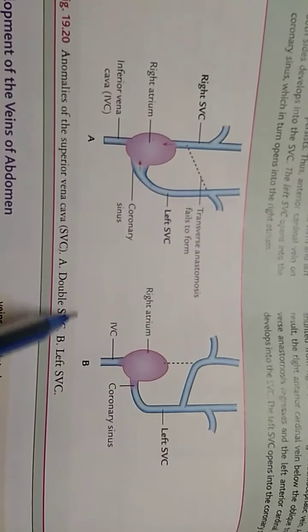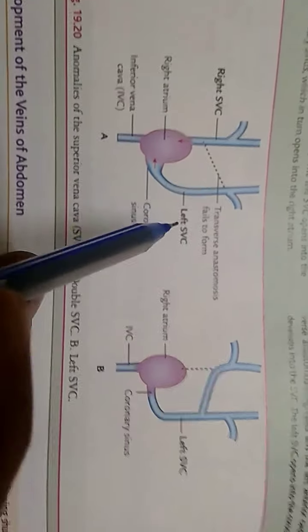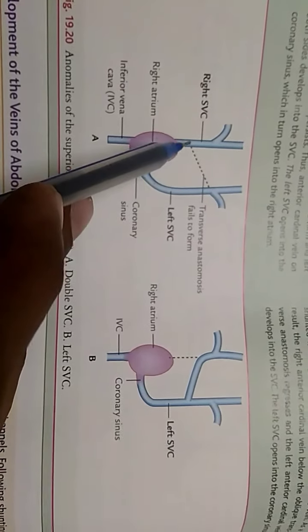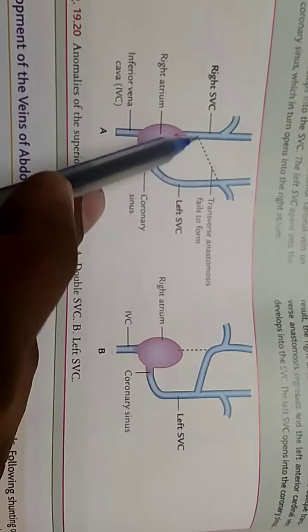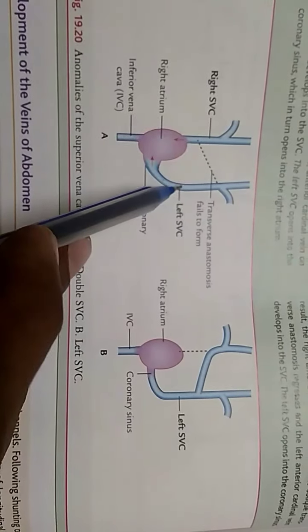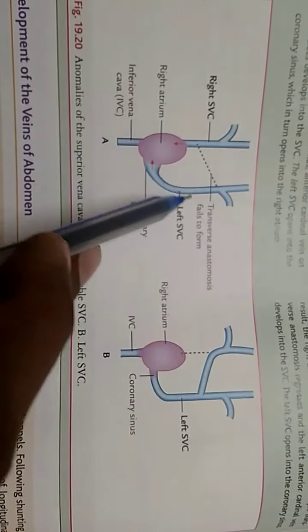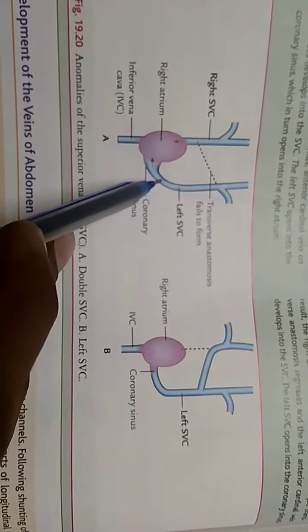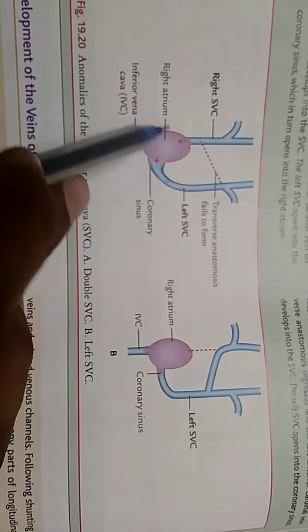One is double superior vena cava and the other is left superior vena cava. In case of double superior vena cava, the transverse communicating channel between the two anterior cardinal veins fails to develop. In that case, the caudal part of the left anterior cardinal vein as well as the left common cardinal vein persist and form the left superior vena cava, which opens into the coronary sinus, whereas the right superior vena cava will open directly